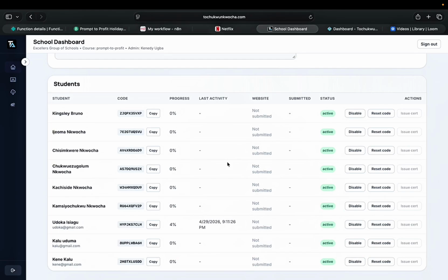He has immediate access. So it is not cohort based. All the lessons are pre-recorded, and the students can start consuming those lessons immediately they get onboarded. And when they finish, each student is supposed to submit a website link that proves that he has indeed completed the lesson and understood the lesson